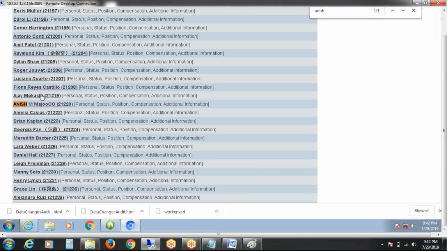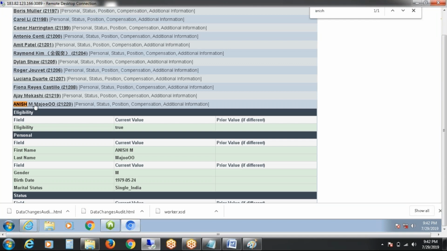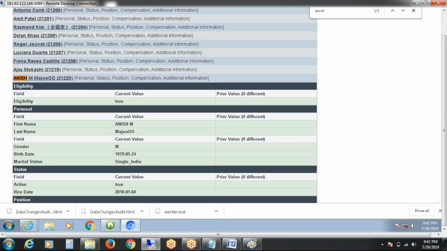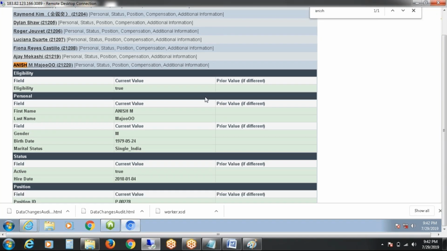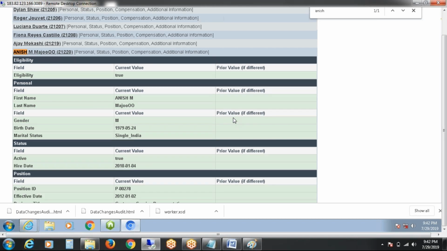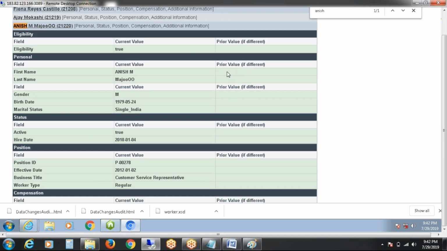See, the name has been changed, right? Why is the prior value not coming here? If it is different, it should provide the result here. The current value is Priyanka. Why? Normally we used to get it here because there is a difference. I will do one thing. I will just change the name completely.